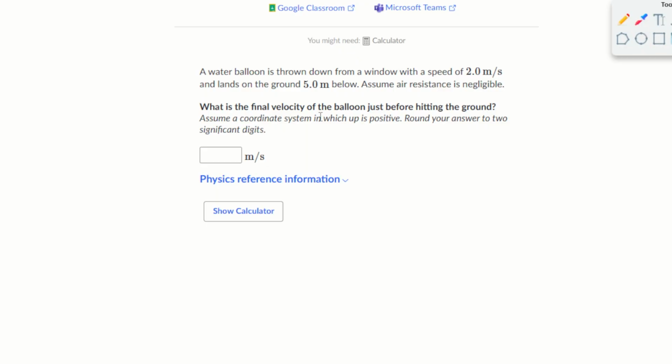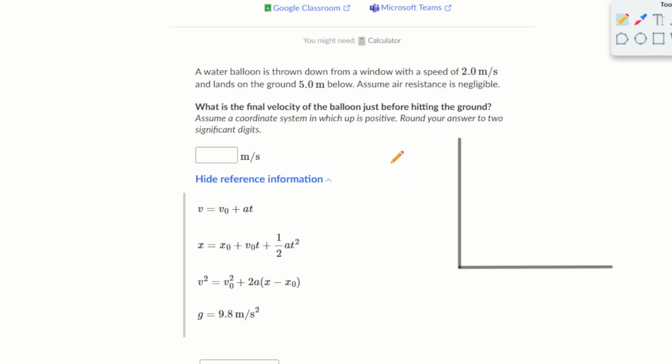So with this being said, we can go ahead and draw a diagram based off the information we know. What we know so far is that the water balloon is thrown down from a window with a speed of 2 meters per second, so we know that this has an initial velocity. If we make our axis going upwards positive y and going to the right positive x, the water balloon being thrown down means that this is a negative velocity, a negative initial velocity of 2 meters per